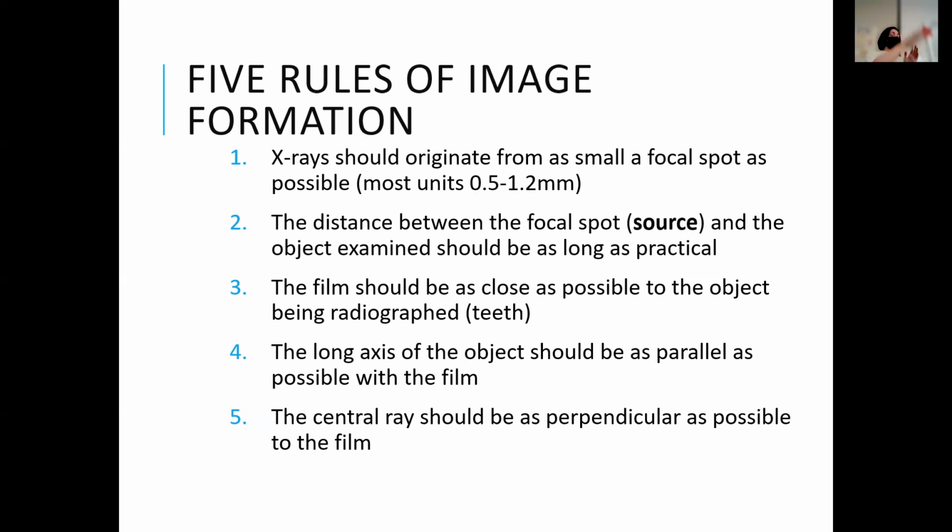The long axis of the tooth should be as parallel as possible to the film. That's going to affect where you can actually place the XCP, because like I said, you want it to be real close, but you have this curvature of the palate, and you're just going to have to find the sweet spot of where your patient can tolerate it, where it's parallel, and what have you. That's why sometimes we end up having to do X-rays with the bisecting technique, because you can get closer to the tooth, but you're not going to be parallel, right? So then you're going to end up having to bisect the angle and figure out what the right angle is